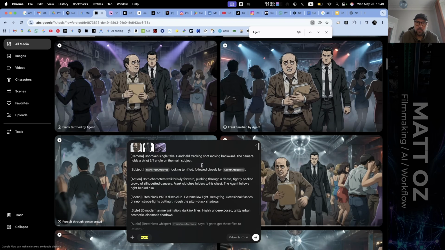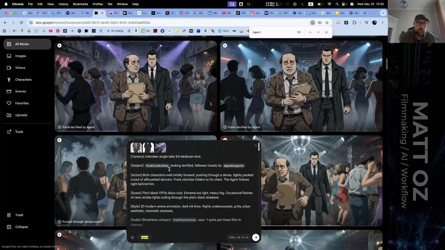Handheld tracking shot moving backwards. The camera holds 3/4 angle shots. So we're not moving backwards. I think that's what's confusing the model. We've established that on the main subject, so we'll get rid of that. The subject is Frank, looking terrified, followed by agent antagonist.